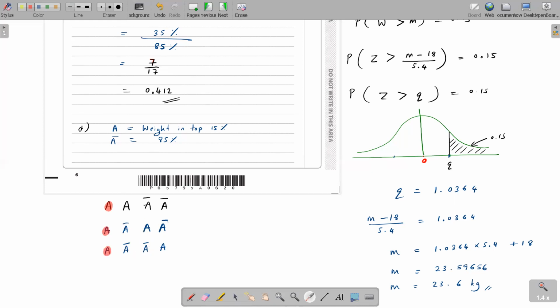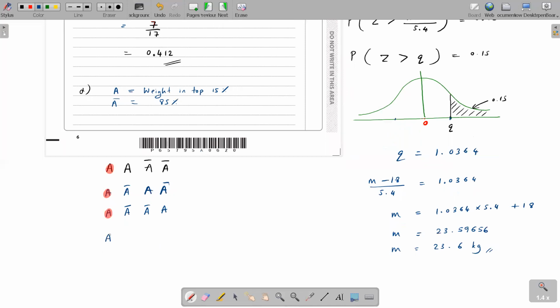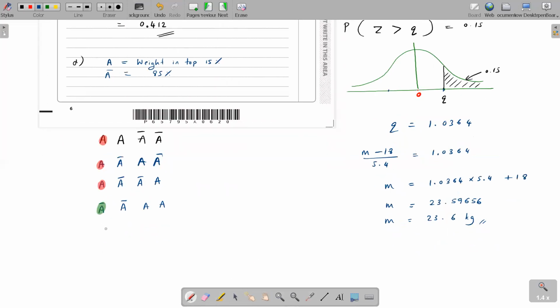Now the next thing you could do is keep A dash in front, and write the other 3. Who are the other 3? A dash, A and A. So don't change the A dash in front. Try to change these 3. Then you write everyone: A dash, A dash, A and A. A dash, A, A dash and A. A dash, A and A, A dash.